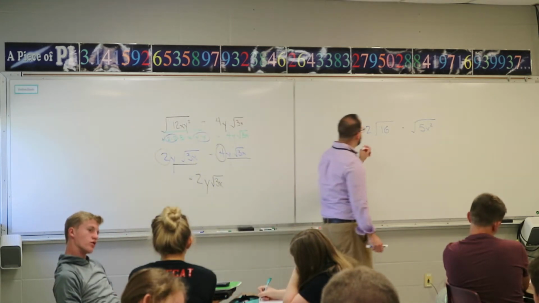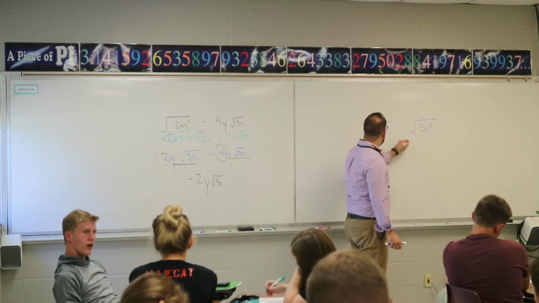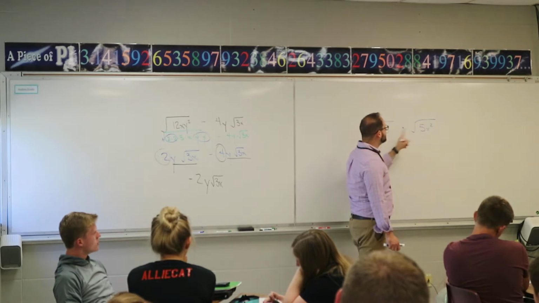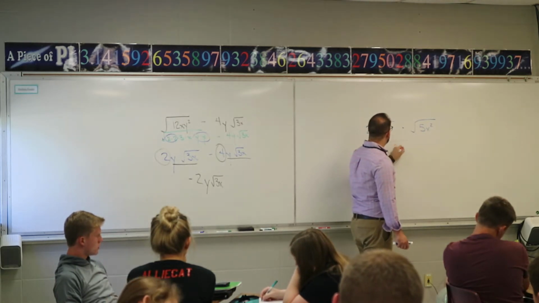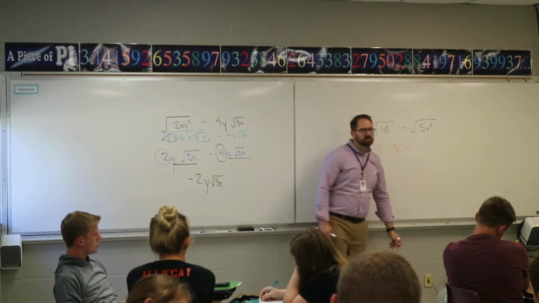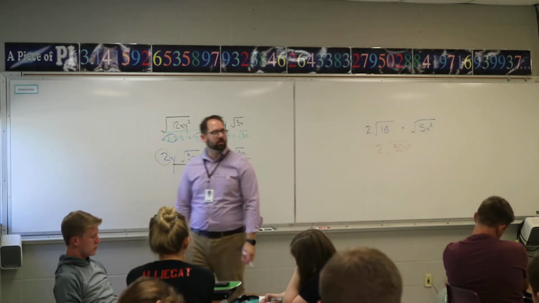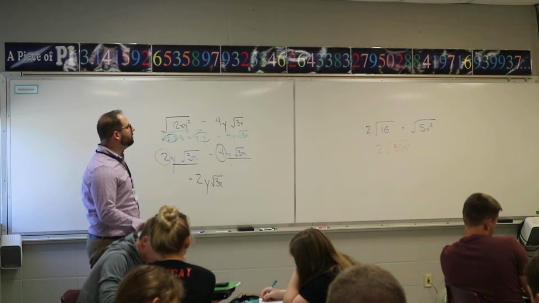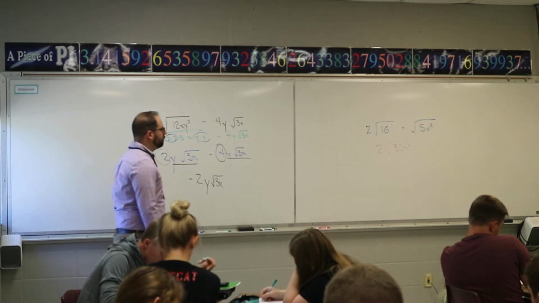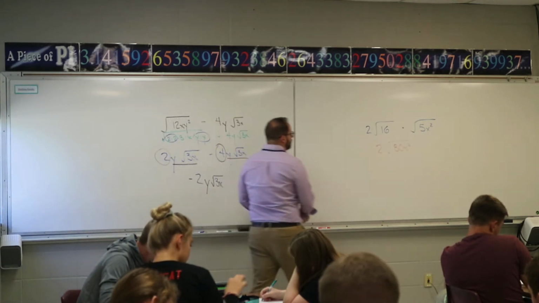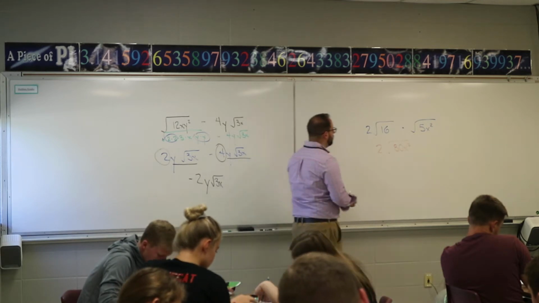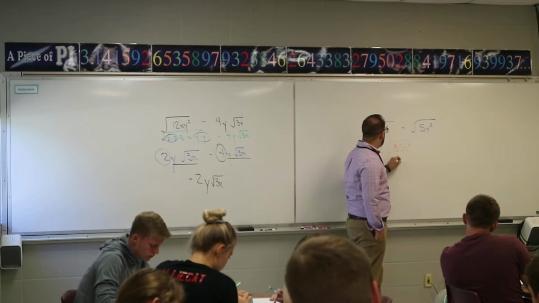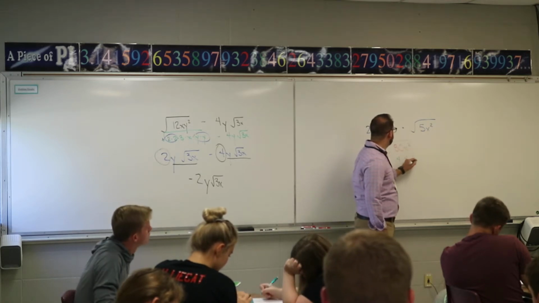So when I multiply these together, here's what I get. I get one radical, and you take 16 times 5, which is 80, x squared. Right? You can just multiply the two radicals together and make a really large one. Then you've got to simplify. After you multiply, then you can simplify them. So at this point, what I would do is break down the 80. Well, that's 4 times 4 times 5,